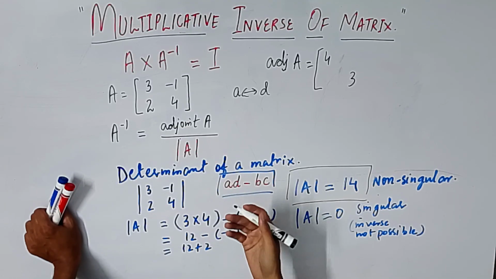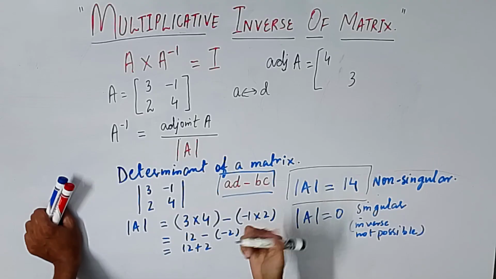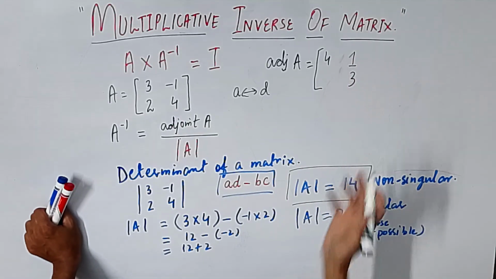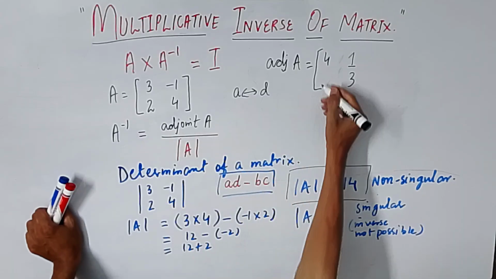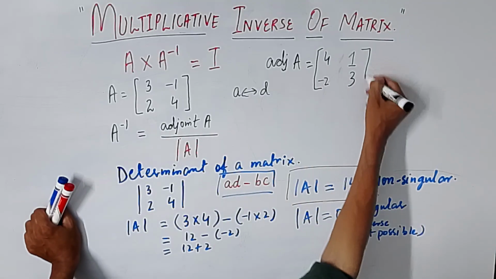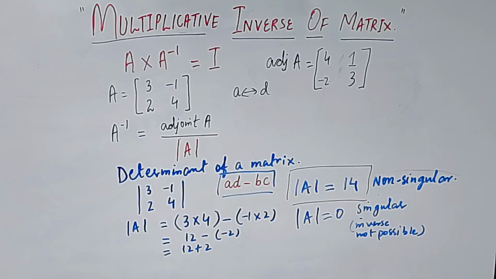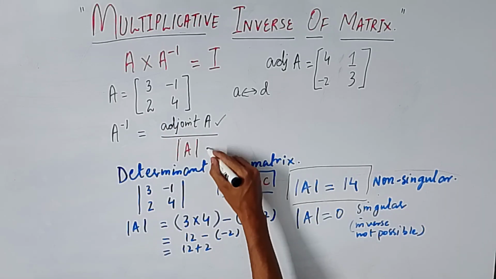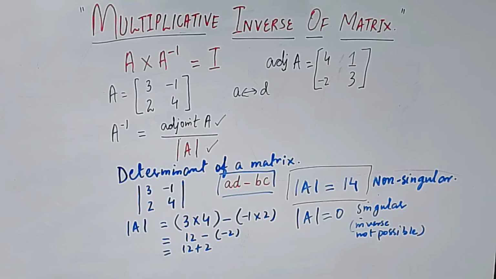If they are negative, you need to make them positive. If it is positive, you need to make them negative. So it is minus 1 over here, you will just write plus 1 over here, or only 1. And it is 2 written over here, you will write minus 2. So now you are done with adjoint of this matrix and you have done with determinant, right? So now you need to put these two values in this particular formula to find the inverse of a matrix.